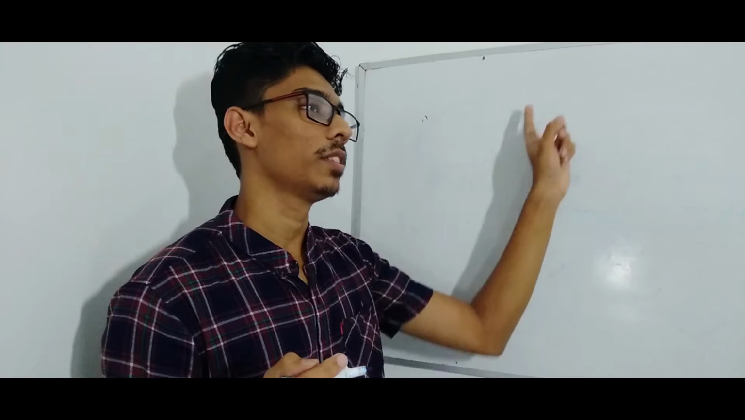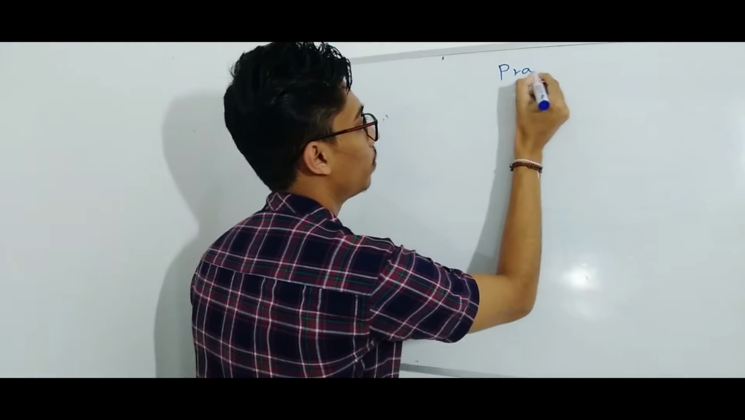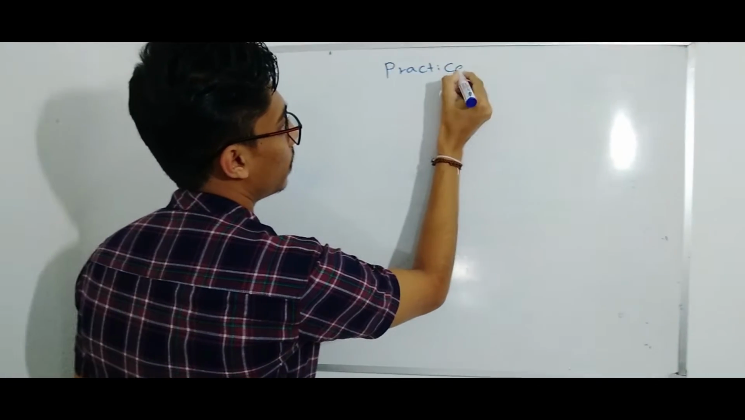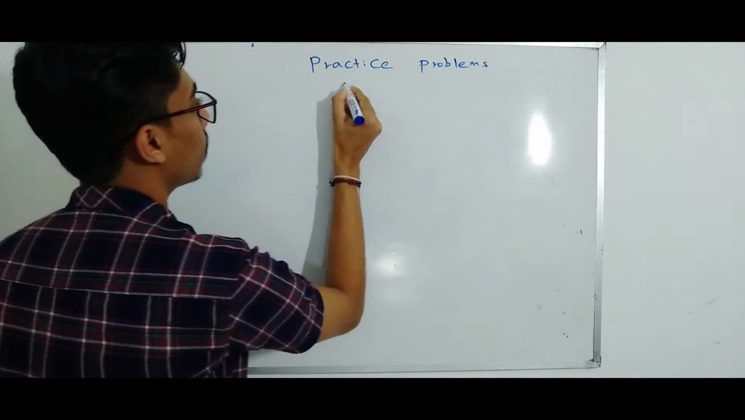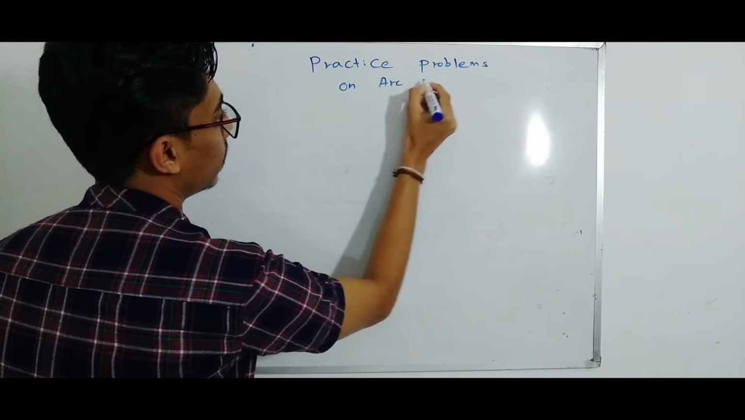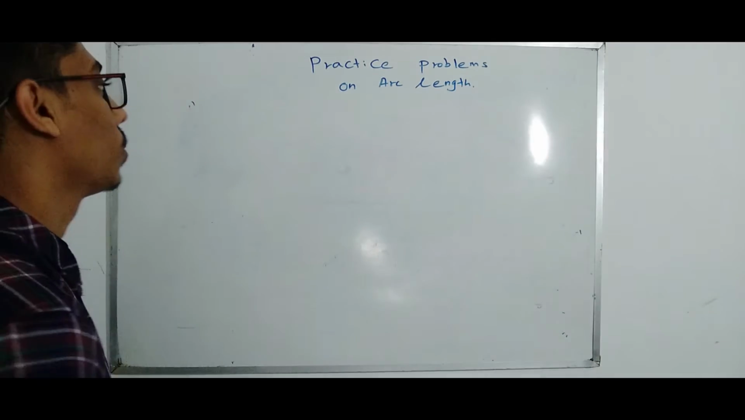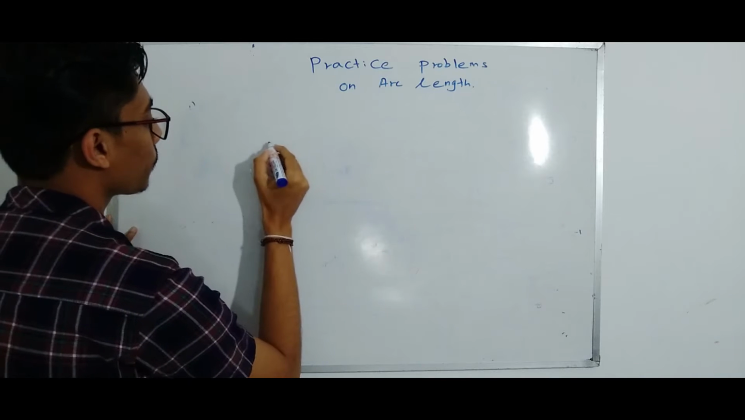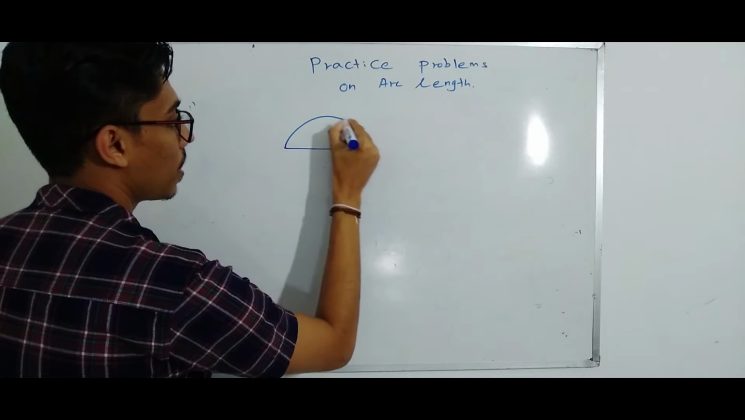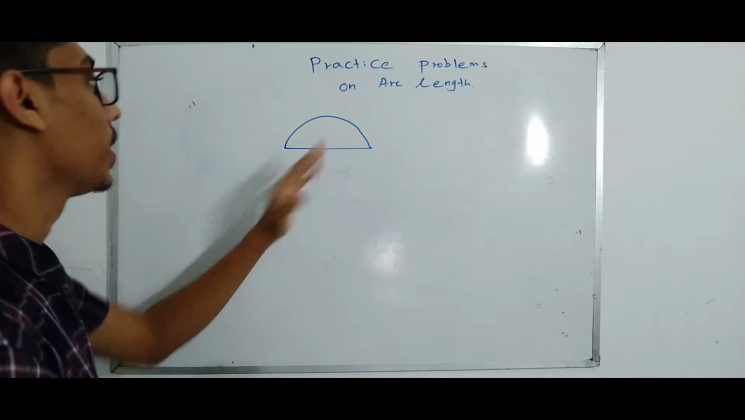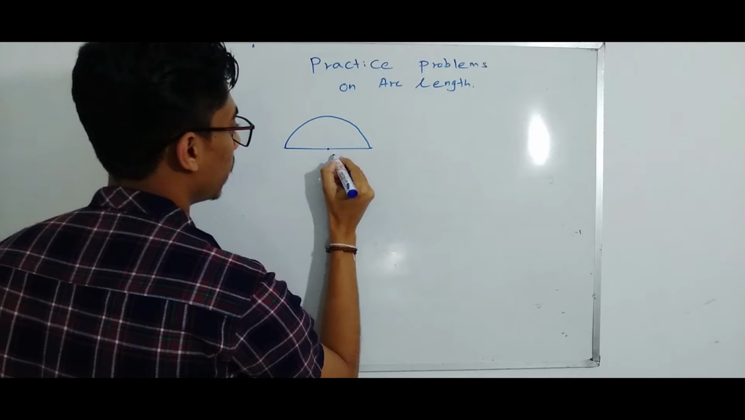We are going to discuss some practice problems on arc length. Let me write that: practice problems on arc length. Let me draw a diagram. So here you get a semicircle, and the radius is